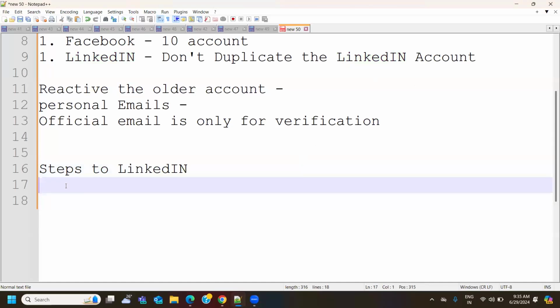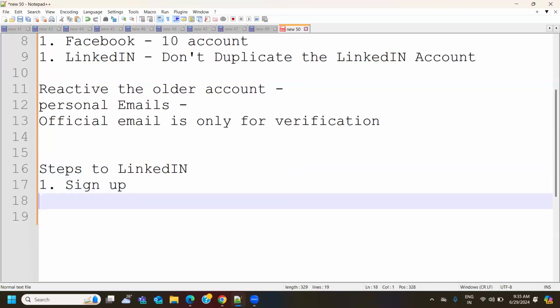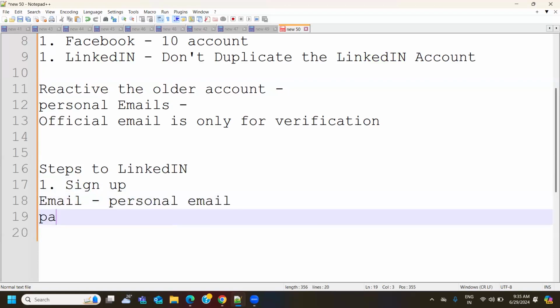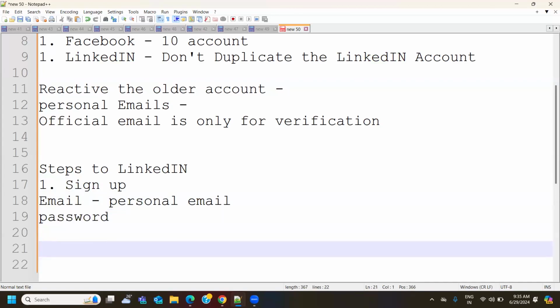So, steps to activate LinkedIn. First step is sign up. Once you sign up, it will ask you to enter an email, whatever email you want, your personal email. Here you have to mention your personal email, and it will ask you for a password. Once that is done, second